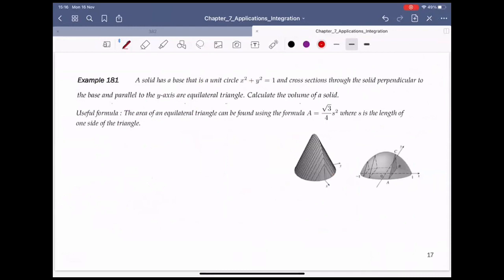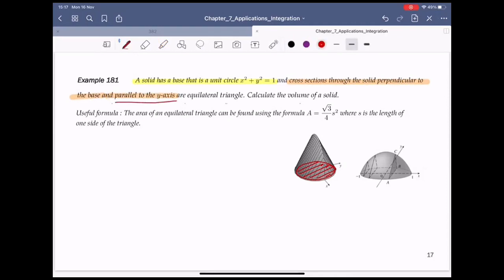So let's do this one together. So I have a solid of, let's read the question together first. So I have a solid whose base is a unit circle, x squared plus y squared equal to 1. So the base of the solid here is just a circle, x squared plus y squared equal to 1. The cross sections through the solid perpendicular to the base and parallel to the y-axis